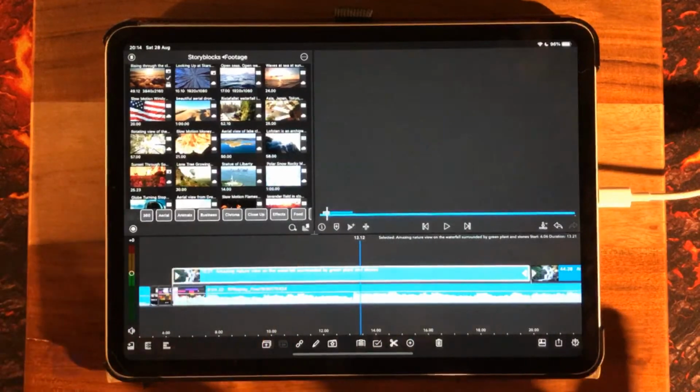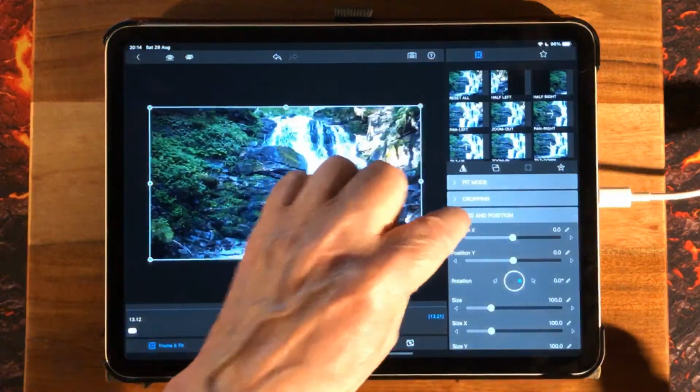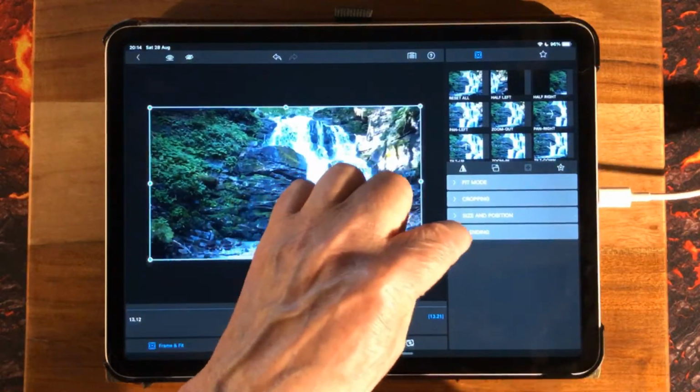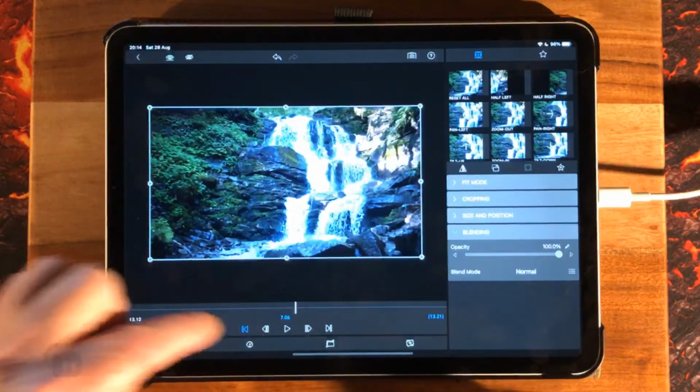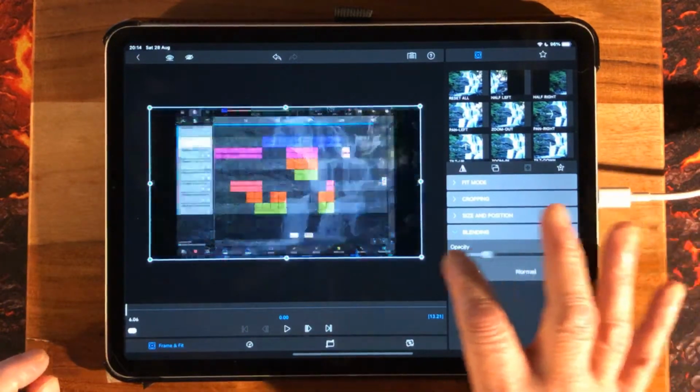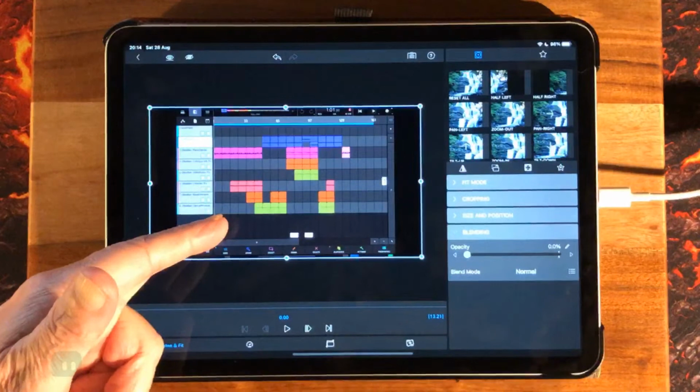I'm going to double tap on that and I'm going to use my blending thing. I use blending a lot, an awful lot. Blending, I'm going to go back to the beginning of the clip here. Okay, I'm going to take the opacity all the way down so we're going to be able to see what's